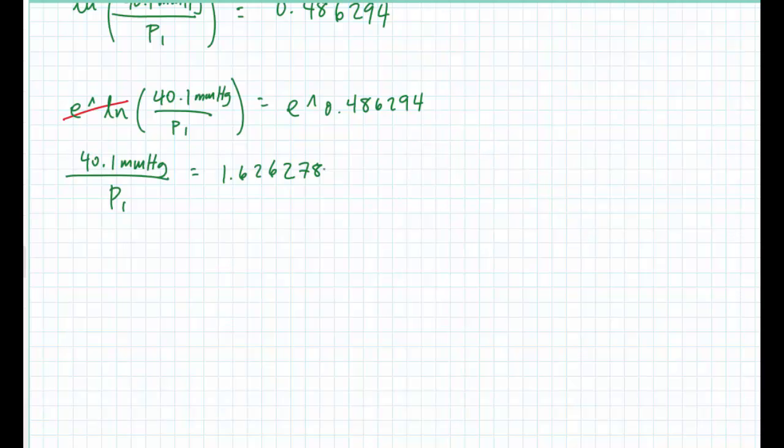It's a matter of cross-multiplying, right? We can multiply both sides by P1. Okay? That gets the P1 up on top over to the right. And then we have to divide both sides by the 1.6 to get it down on the bottom. Okay? So we have to do